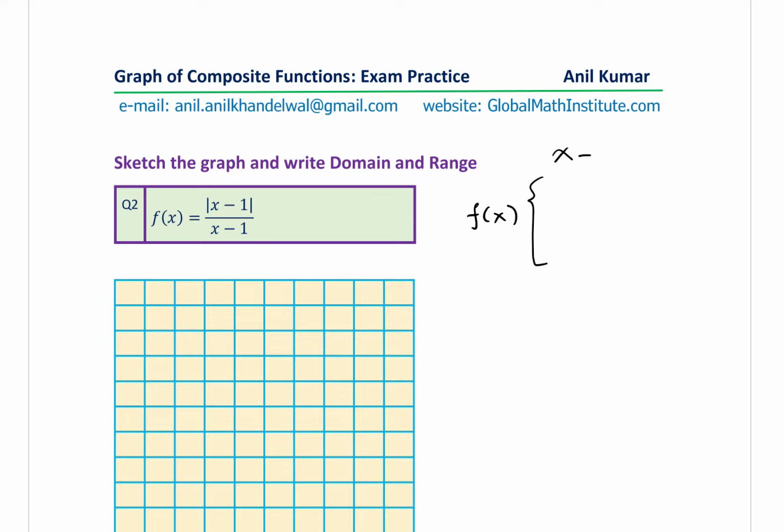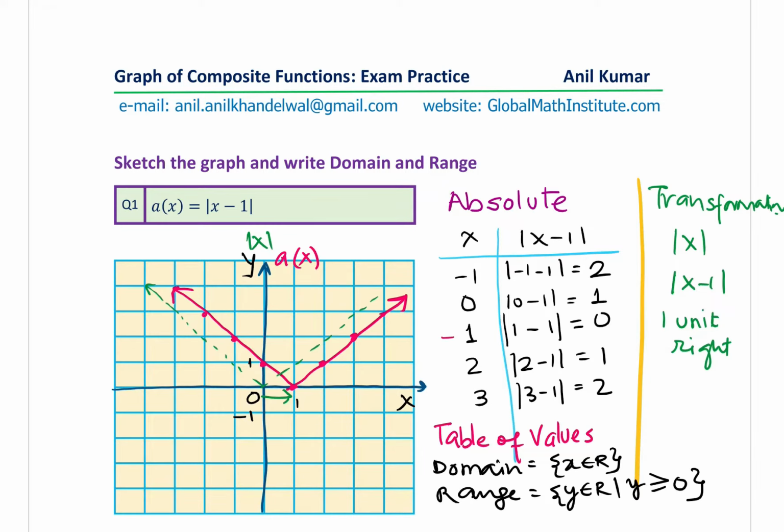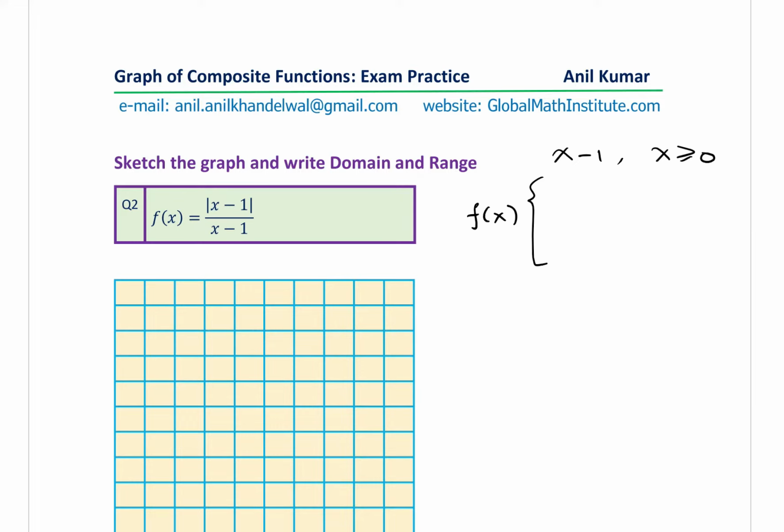This will be positive if x is greater than or equal to 0, right? So you could notice from here that this half, where we have the x value which is greater than or equal to 0, is the same as the positive value. On this side, the graph which could have been like this has been reflected, correct? So this is the portion for x less than 0. It has been reflected. So taking that into consideration, I could write the numerator as x minus 1 for x